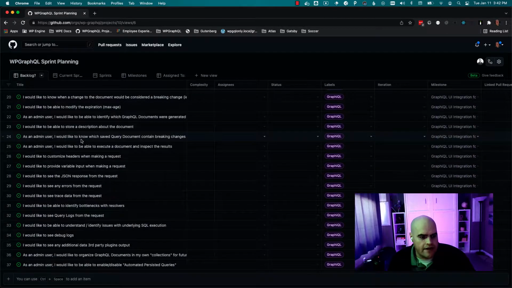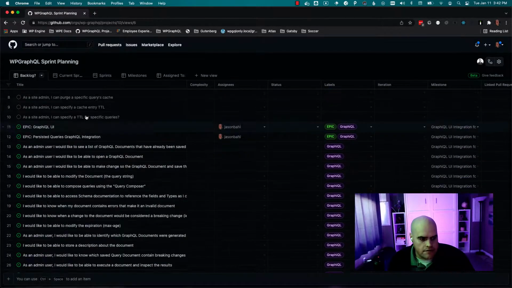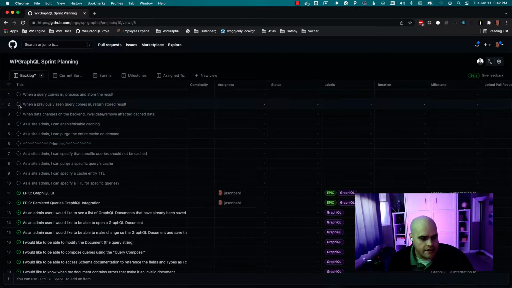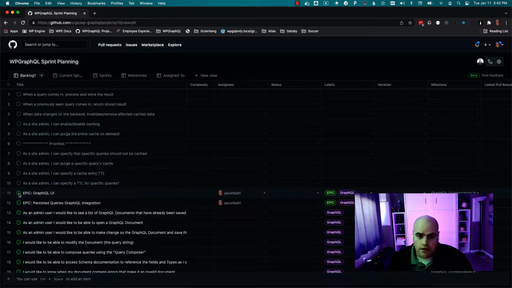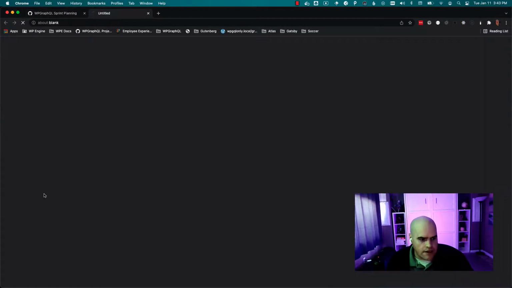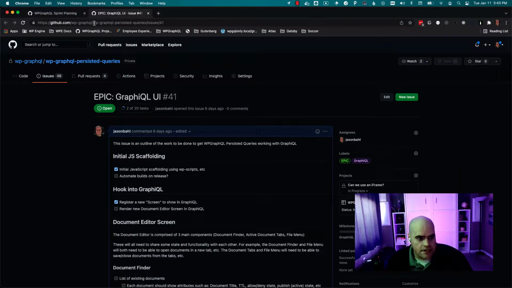And so like we have this view that has a ton of issues. And these gray issues, these are called drafts. So they live in this project, but they're not associated with any repository yet. These green ones are issues that are associated with the repository. So I can click into one of these and we'll see it's an issue on the WPGraphQL persistent queries